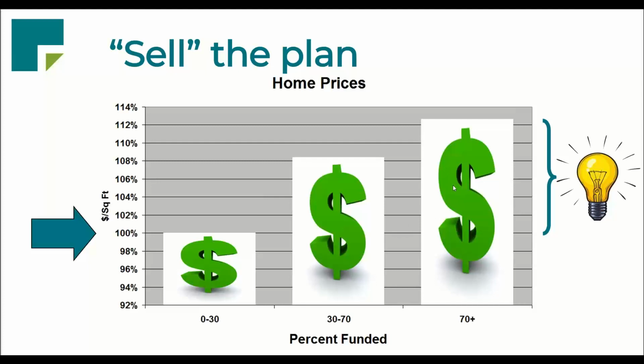And even when we neutralized it by square footage, we were able to find that homes in associations that were well funded sold for a little over 12% more than homes in associations that were poorly funded. So what we come out learning from that is that the extra $20 or $30 a month that you put